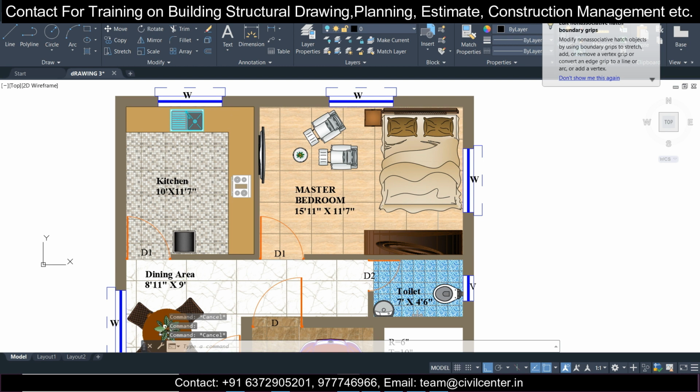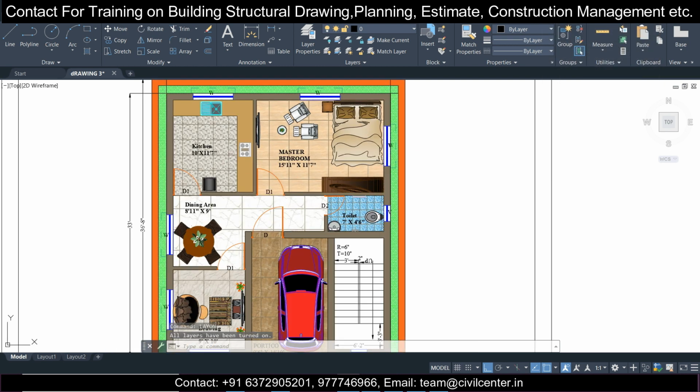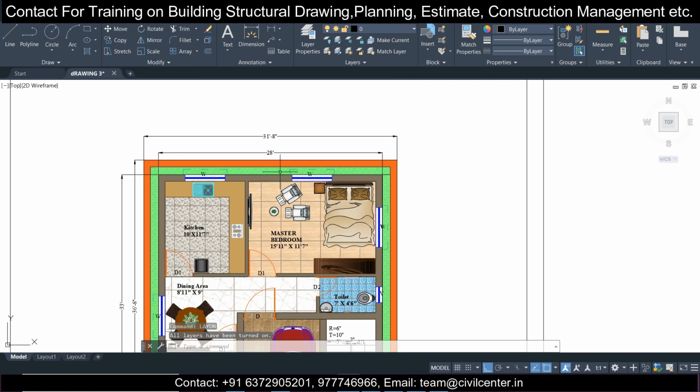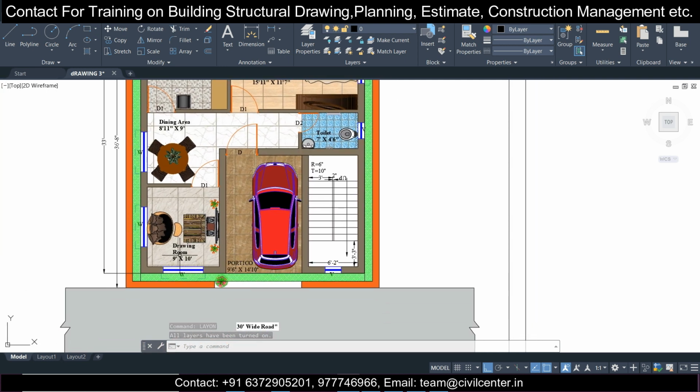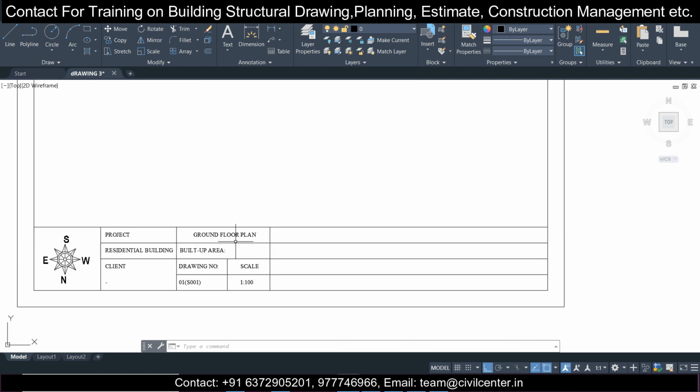Select the built up area. So okay, I'll just layon, don't need to worry about that. So built up area is 28 into 33, so a simple rectangle. So the built up area is 924 square feet. So we'll write it here.